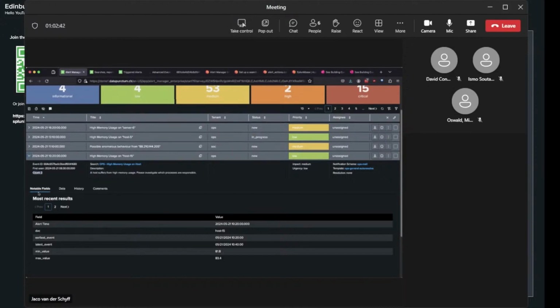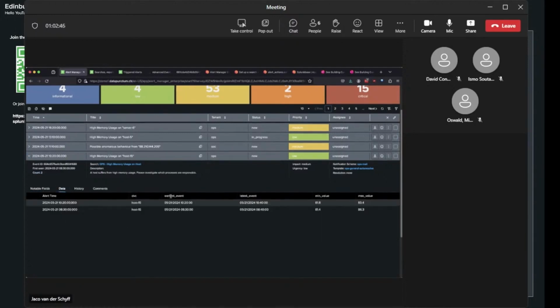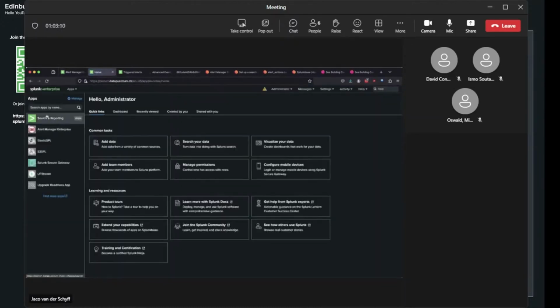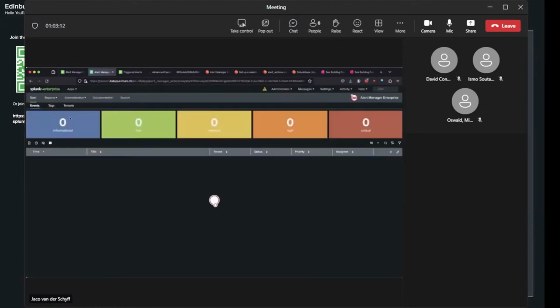And here you can see for the event we have 2. And here you can see we have 2 events with when it was first seen and when it was last seen. And this is also something that's controlled within the template. So in the template, you can set whether an event gets appended if you use that template, which means it will just add additional information to it, which the analyst can see, or whether you would like to create a new event. And the nice thing about this functionality, let me quickly run you through a basic use case for that.